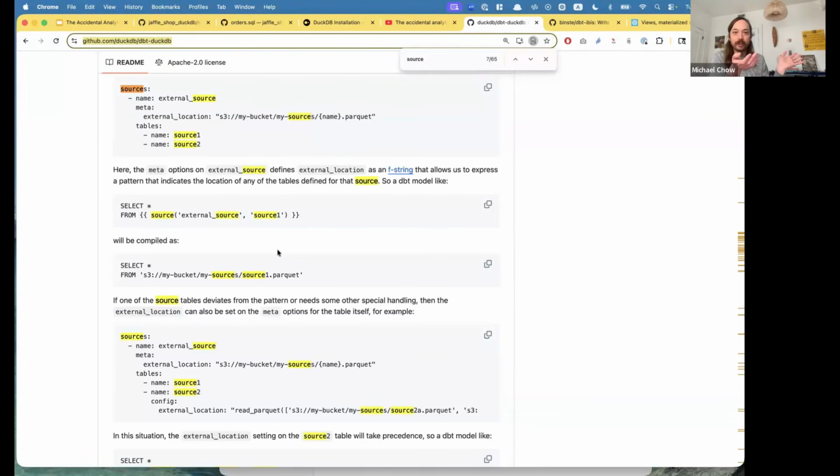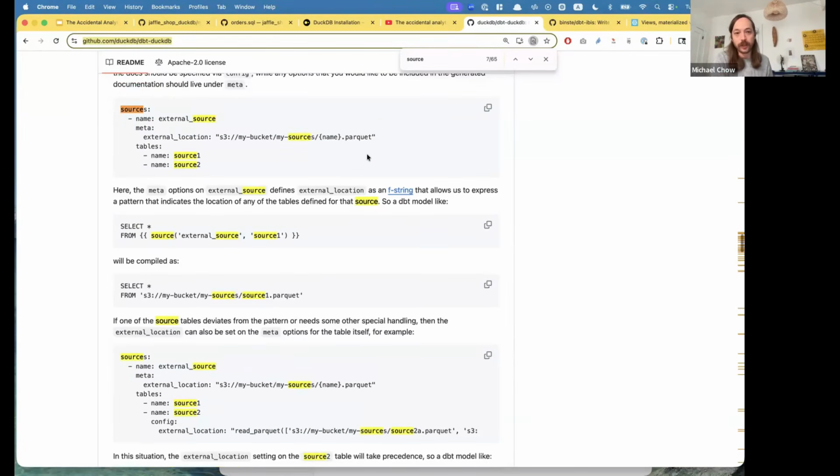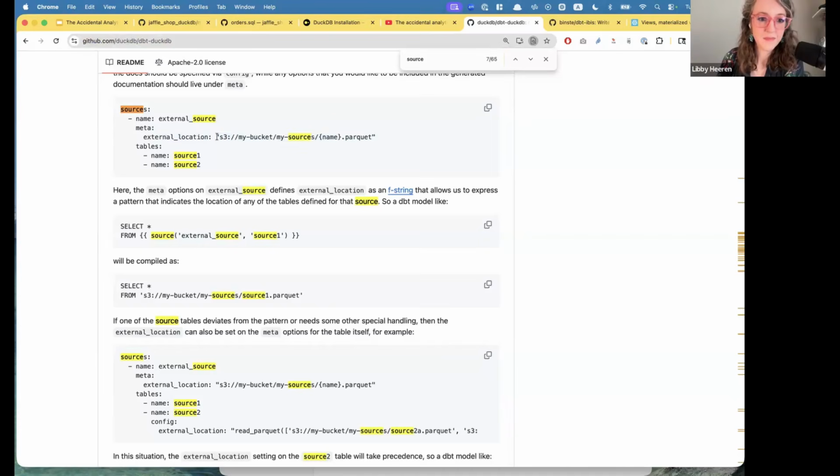Essentially, your whole database could just be reading and writing from a folder of Parquet. That's what's shown here in this source: my external location is this S3 Parquet bucket. DuckDB is good with that kind of stuff. That definitely fills in that gap.